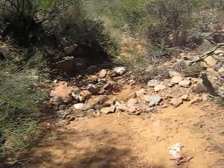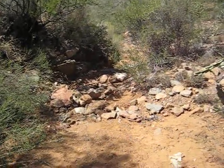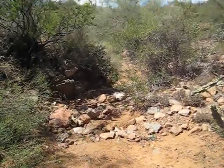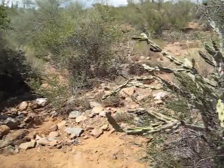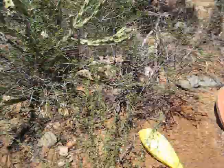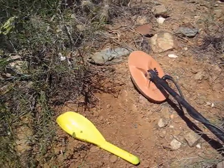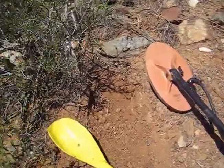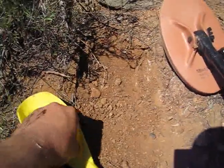There were several smaller washes in the vicinity that also were plastered. One of the side washes actually has a lot of really coarse screen piles that are literally flat, so they were probably from the original discovery of this area. We're working this little wash, worked up it and got a target here probably a foot on the bank up out of the creek, and I picked up a small nugget down lower, which is this little guy right here,